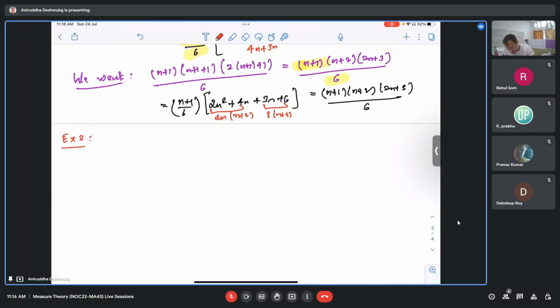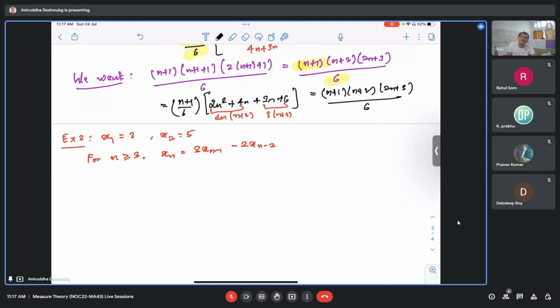For that, let me define a recursive sequence. Let us define x1 as 3, x2 as 5, and for n bigger than or equal to 3, let me define xn as 3 xn minus 1 minus 2 xn minus 2. So with this definition,